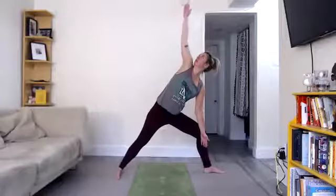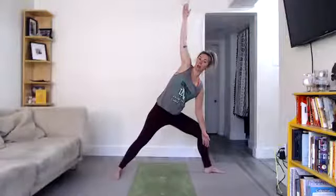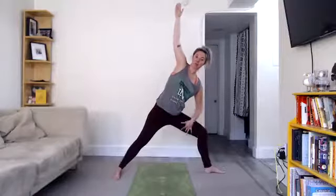Now look up and stretch up, look for your right thumb, keep your triceps tight, fingertips active, reach your right arm up, stretch your left arm down in opposite directions. So you're toning your core, strengthening your arms and opening through your chest and shoulders at the same time. At the same time, you're strengthening the inner legs and opening the hips. This is really strength and flexibility equal